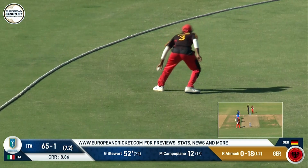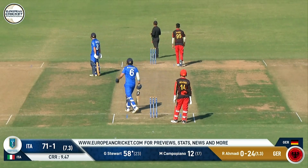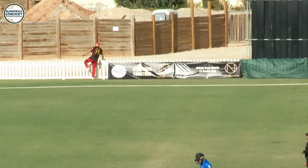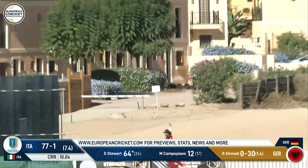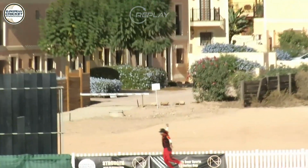It hits it on the full. Stop hitting them over him, and he's gone for it again, and this time it's the biggest of them all because it's down the ground and it's straight over the sight screen, and Stewart is taking this bowling lineup apart. This time goes down the ground again, and it's 6 more. Just evades the jumping man at long off, and well,